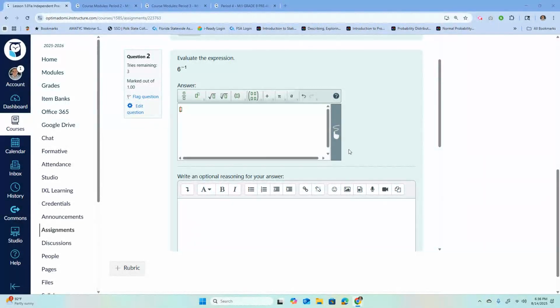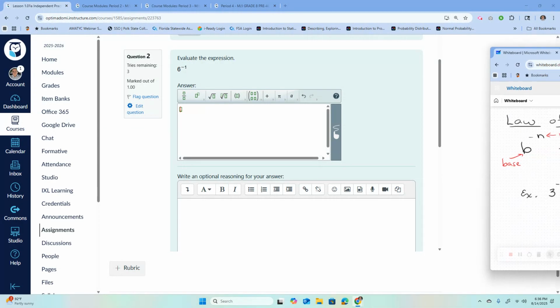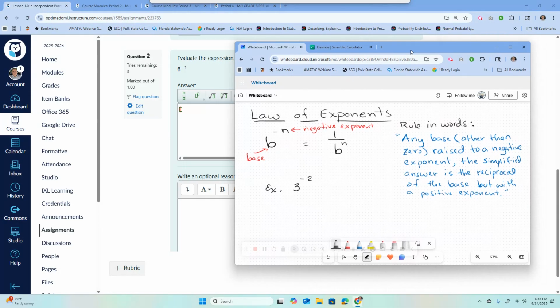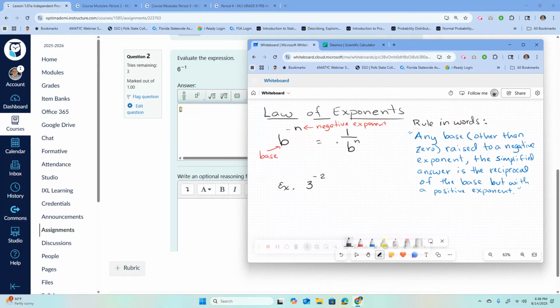All right, here's question number 2. And we have 6 to the negative first power. 6 is the base, negative 1 is the exponent. Every time you see a base with a negative exponent, you're going to have to apply this law of exponent,